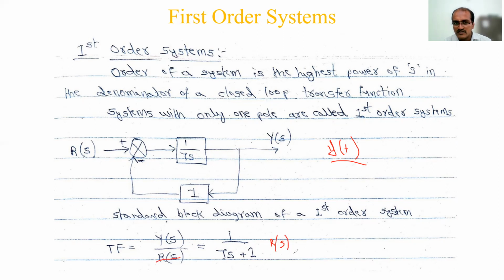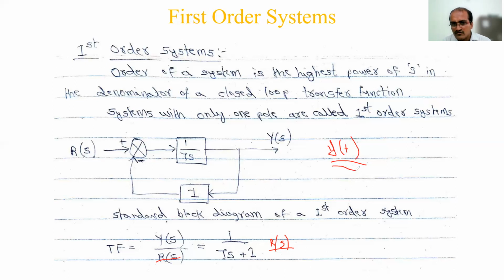For example, in your syllabus only the unit step is mentioned. Unit step means the amplitude is 1, so 1 by s is its Laplace transform; R(s) becomes 1 by s. Only that we are discussing. If you also consider ramp, it becomes a very big module, so they have not considered that. Only a sudden change in the system, meaning a 0 to 1 change, which is the step input. Then using the inverse Laplace transform you have done, you have to find out y(t). That is what we are going to do for first order and second order systems.